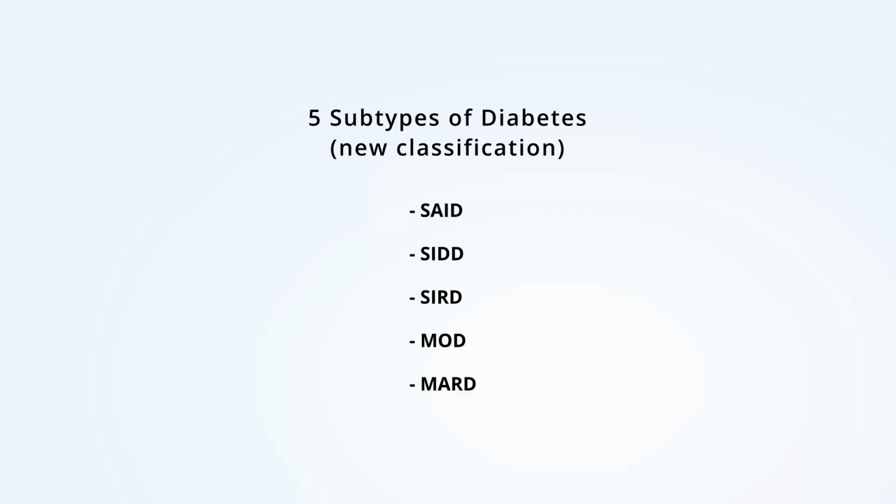Maybe you were also hoping to find more information about the new classification of diabetes types. Maybe you heard of it. There are 5 forms of diabetes which researchers recommend to use from now on. I'm going to show them here. And I definitely want to make a video about those in the future. It's very interesting. I'm just going to leave it like that.